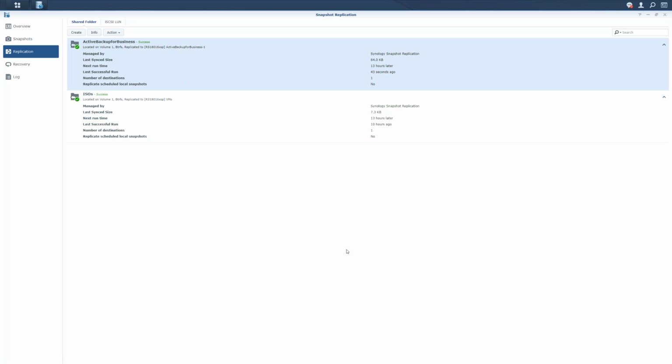So is this more CPU or RAM or network intensive? I would say this is network intensive more than anything. It's going to send the amount of data that changed between each replication or snapshot. The snapshots themselves are generally instantaneous.